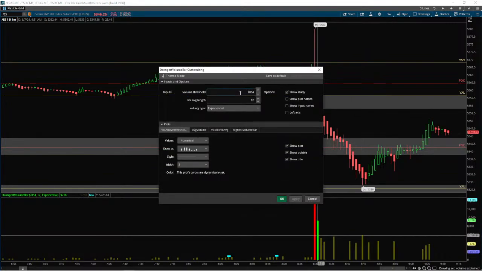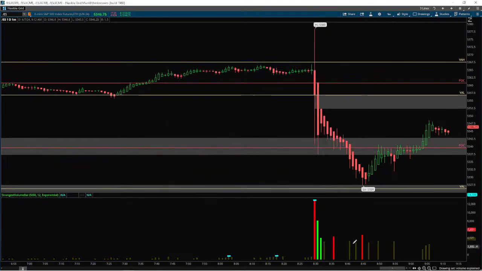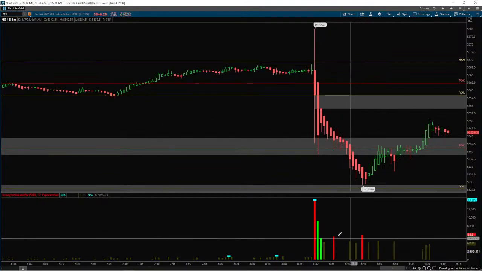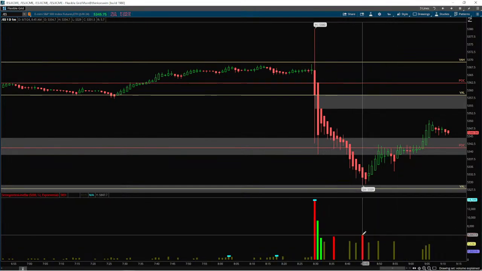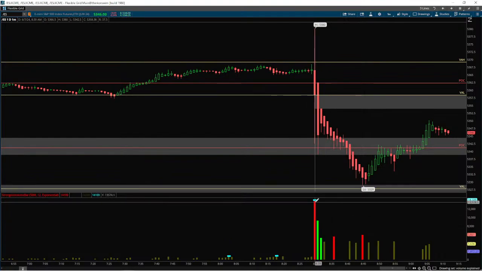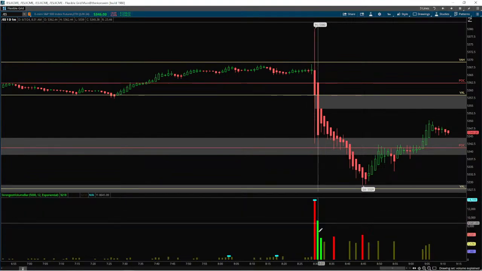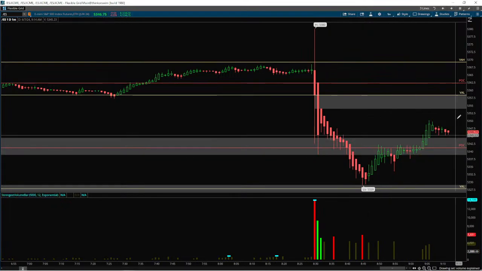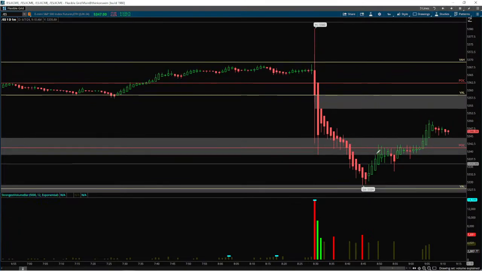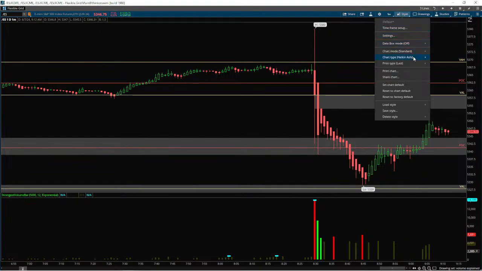I'll put this in the 5,000, that we do have volume here. Can't really ignore that, but this is the only one. The volume is not really that strong as opposed to this news candle or this one or that one. So I think that I'm still looking for a sell. I'm going to look for price to come up here and reject and then push lower. All right, so that's basically my areas of interest for doing the pre-market.